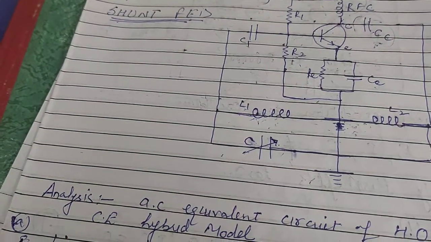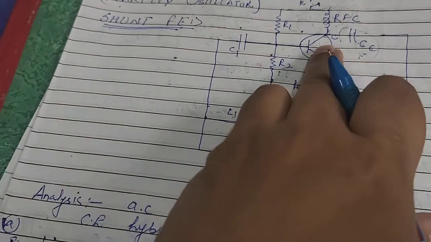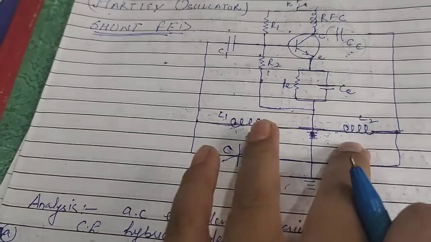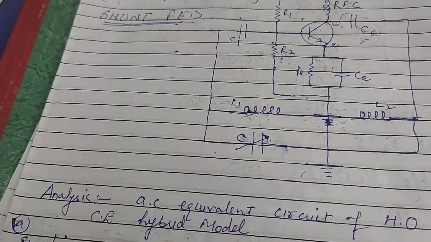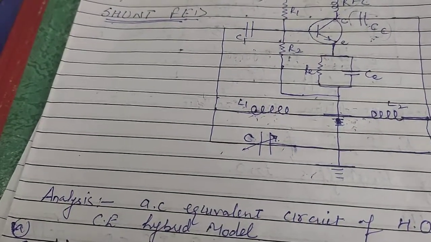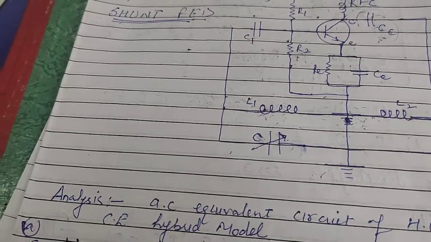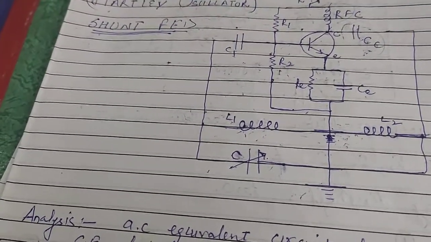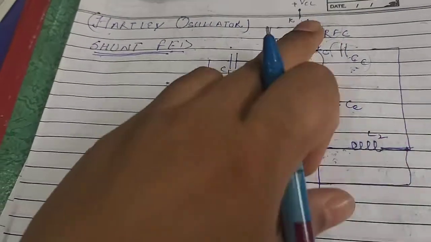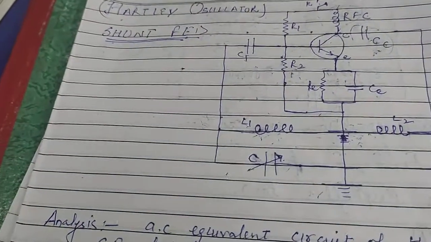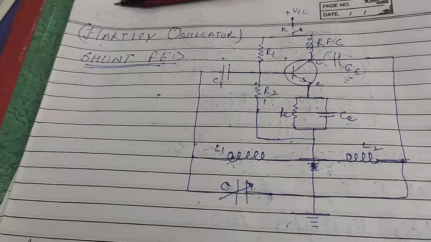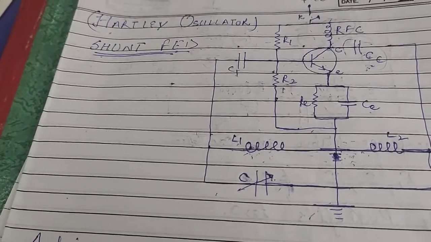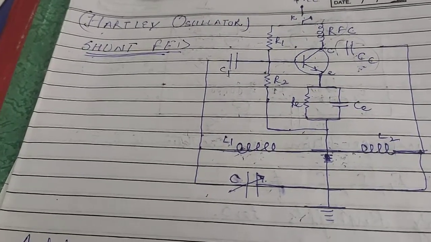And the other branch, that is this capacitor branch, is connected to two inductor coils, that is L1 and L2. So it will provide an LC tank circuit, which further provides the path for the alternating current, keeping the direct current out. And there are three resistors, R1, R2 and RE, and the voltage supply VCC, which also help us in establishing the operating point of the transistor in the active region.